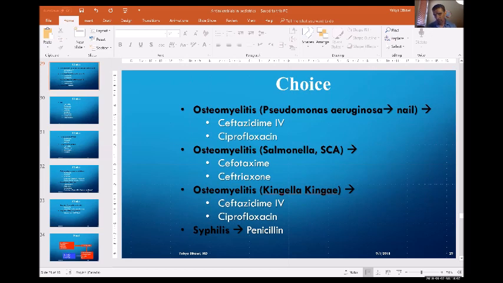Is that your question? Also, my question is, if we do PCR, polymerase chain reaction, for viral panel, including the HSV, can we avoid doing the LP then? No. Because even if it's positive,